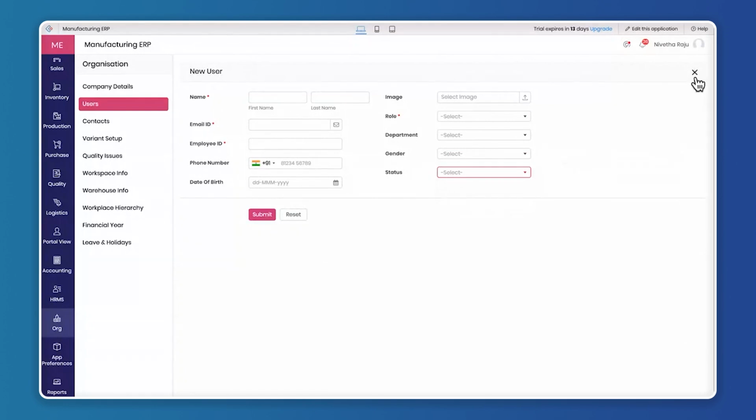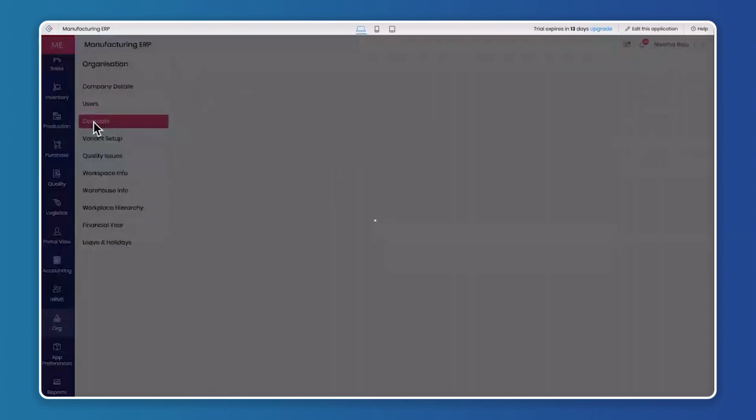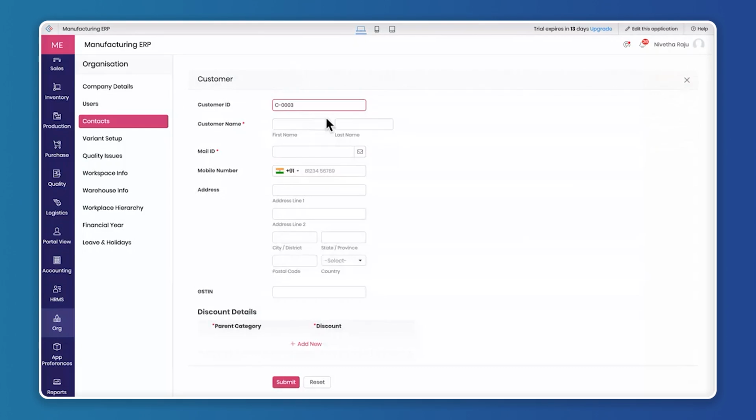And apart from adding the internal user, there will also be certain external users, right? So that's when you will go to the contacts and you will start adding the customers, the subcontractors, vendors, and the delivery partners. So the customers are nothing but who will be placing the different sales orders inside your organization, right? So you can just click on the add